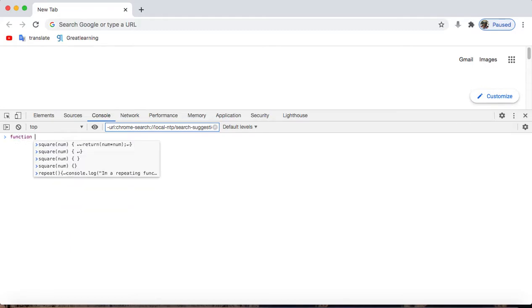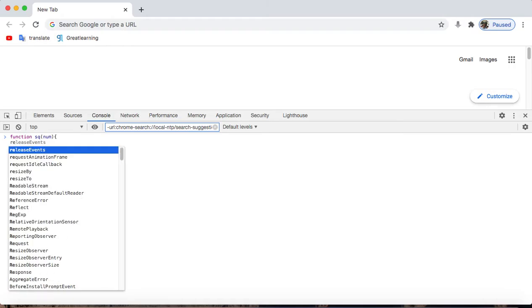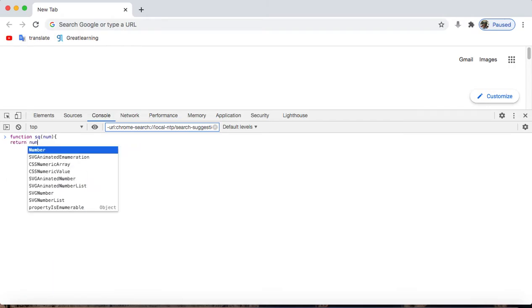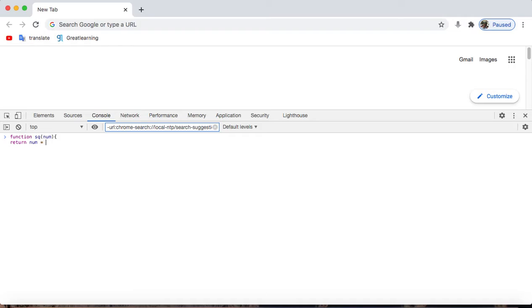I am passing the function name as sq, square, then return number into number. That's the definition of square. Enter, and now call the function by passing a single argument, 12. I am getting 144.